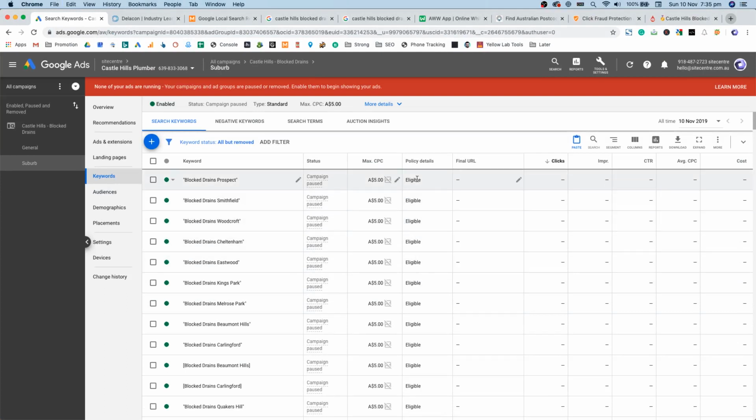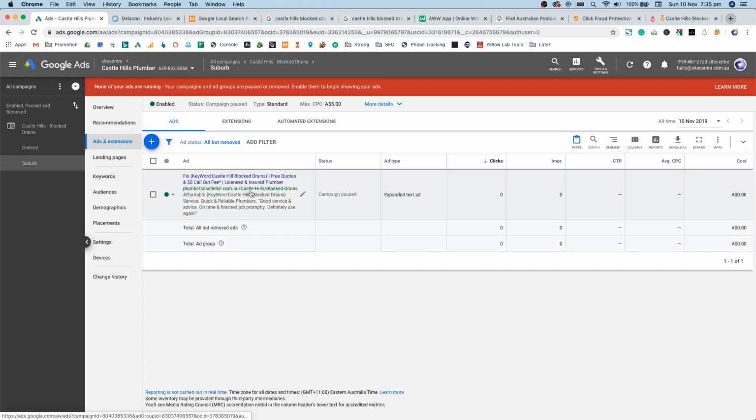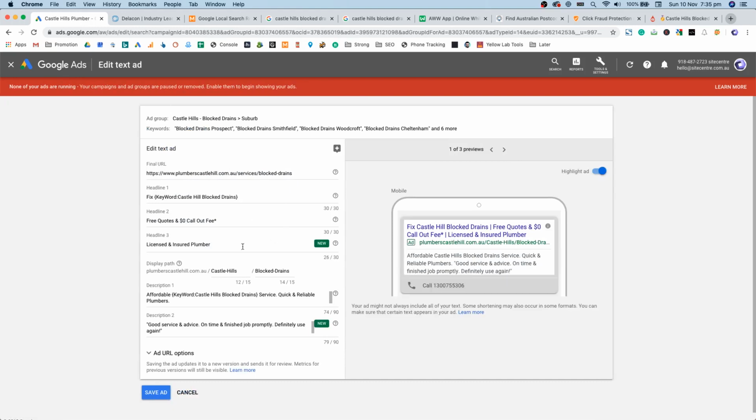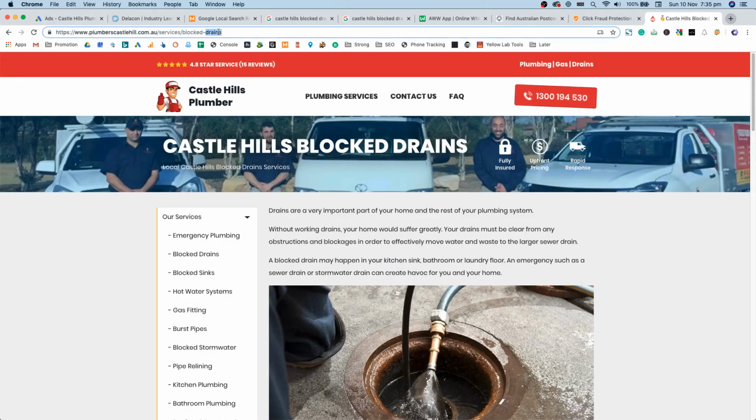Now, the difference here is your ad campaign that normally has Castle Hill written on it can't have Castle Hill written on it because they're searching for different suburbs. So you would replace that with just something generic. This, you would have something generic as well, and you'd make it more generic in total. Now, because we do have the